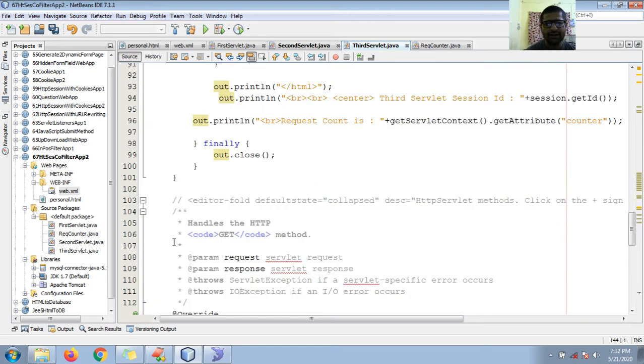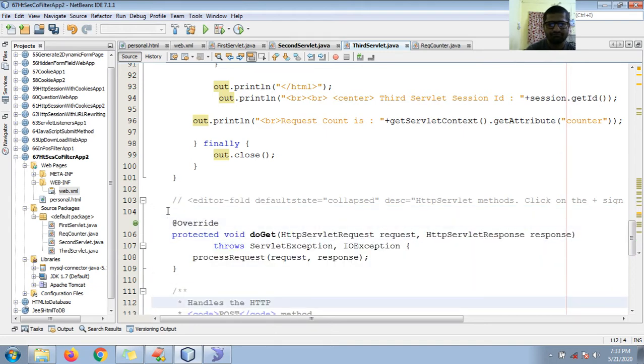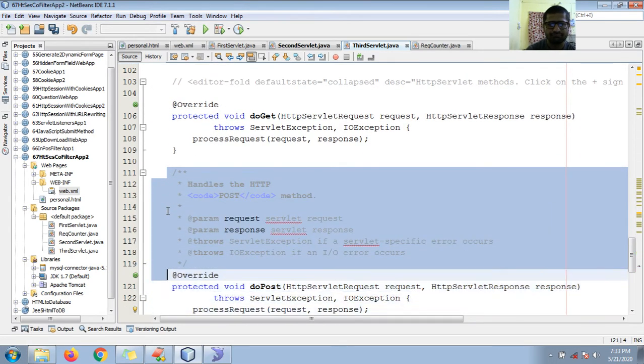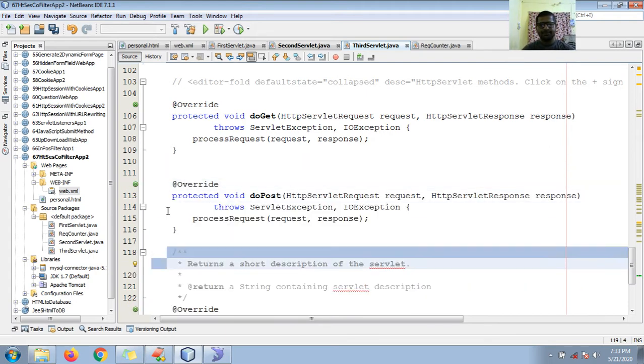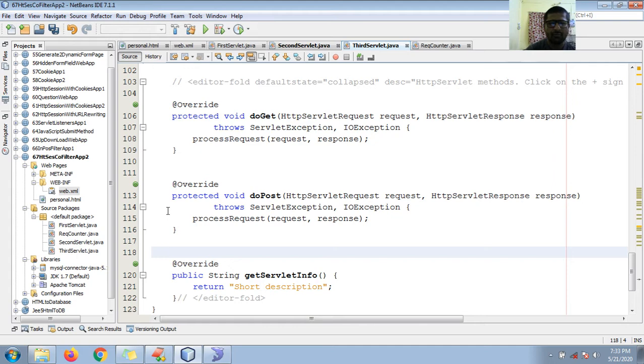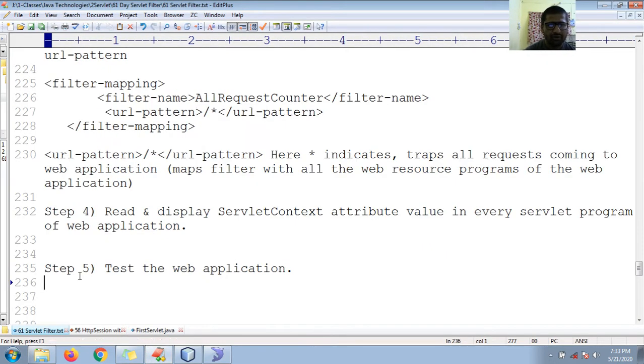So here you can see doGet and doPost. Okay guys, so this is my third servlet, and finally test your application. So run and test the application.